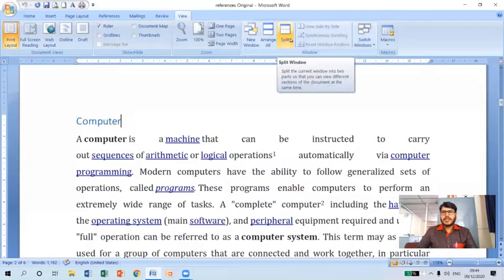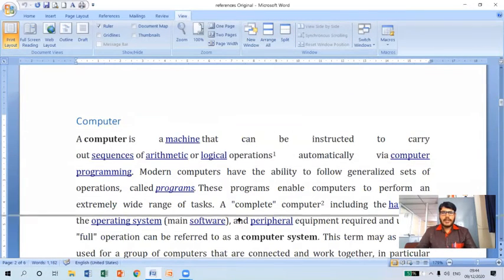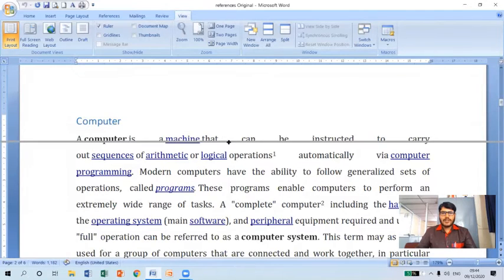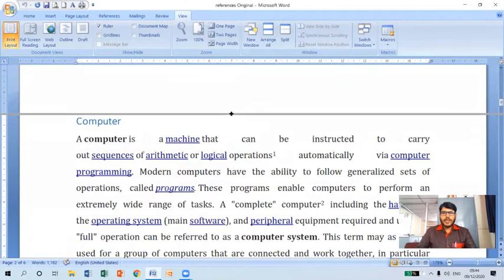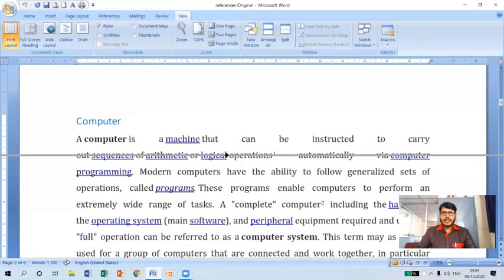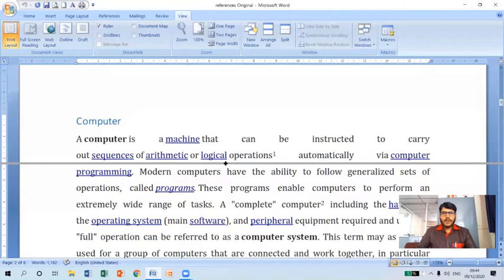So that can be done with the help of a split option here, so that I can split the current window into 2 separate parts here. So now let me click this, and you can see here my mouse cursor appearance has changed, and it is showing one imaginary line, so that I can simply click on which place I want to split. Okay, so now I'm going to select this particular place, and I'm going to use the left mouse button, so that after clicking this, it is going to split the current window into multiple parts.